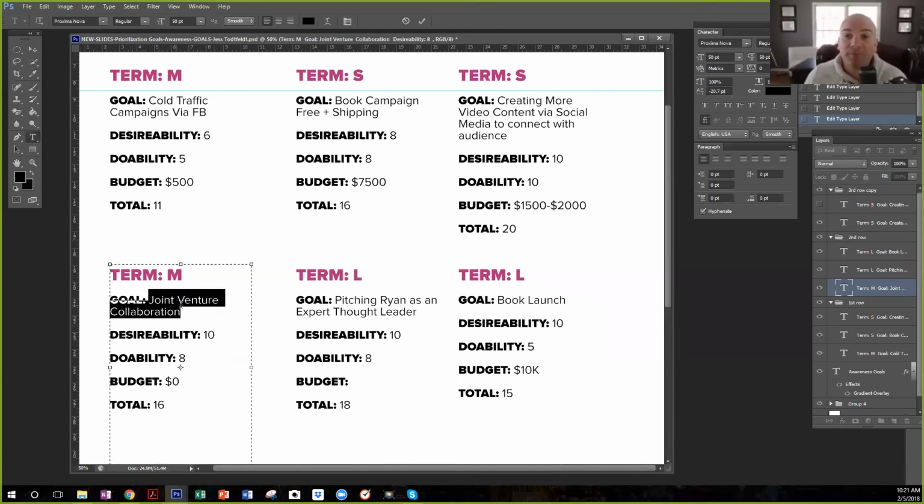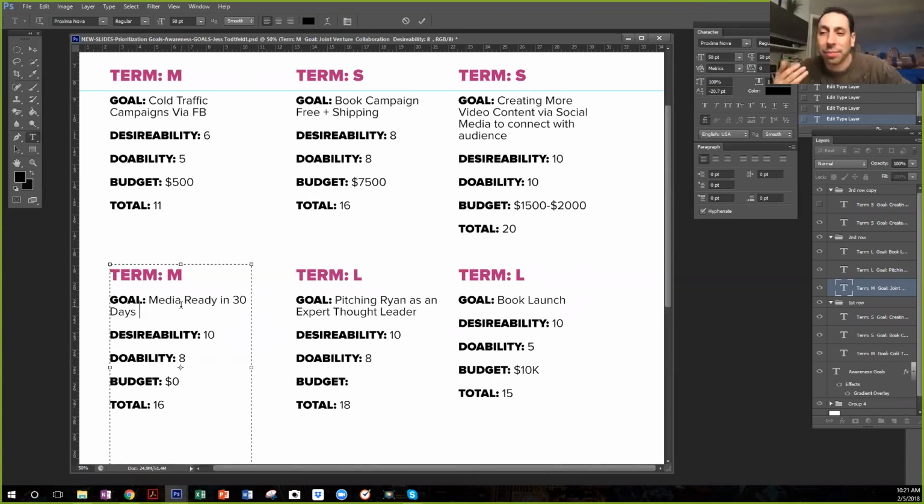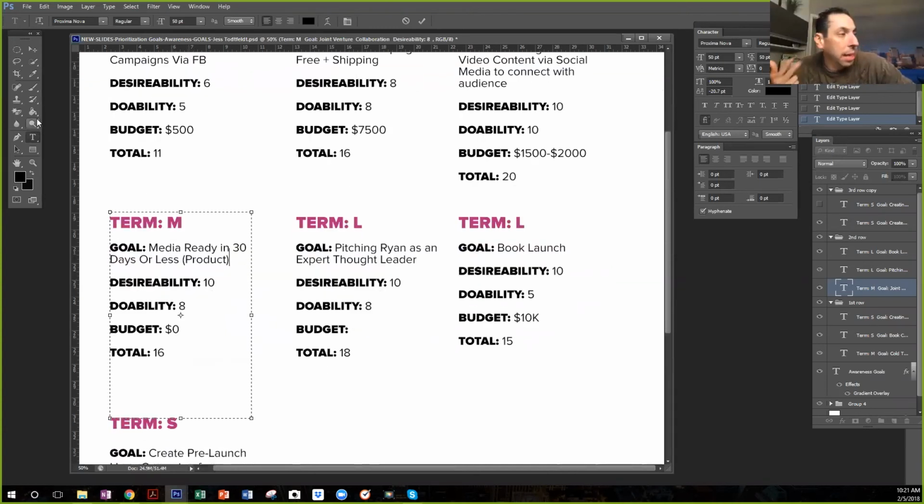Yes. What's the goal? I didn't bring it up first, but anyway, products. And I have in ClickFunnels, I have products set up. Okay. One is media ready in 30 days or less for a year and a half. All right, media ready in 30 days. And then I'm going to put 3 products: media ready, pure secret weapons, endless speaker leads. All right, they're all sitting in there.